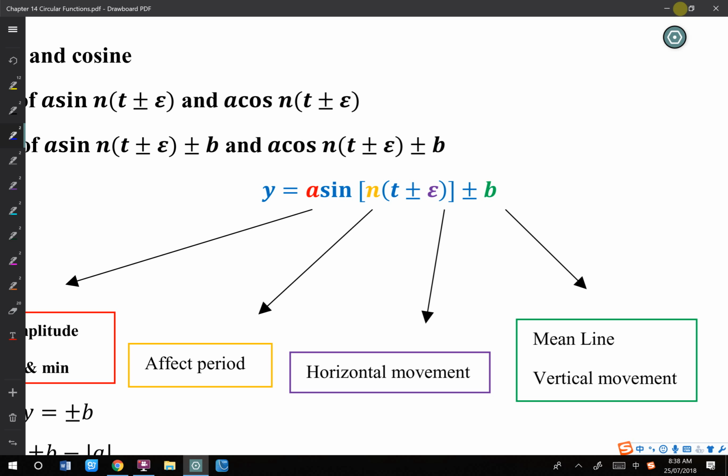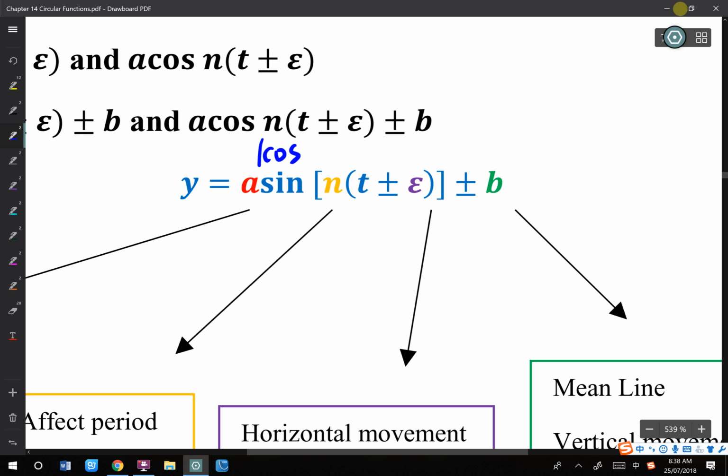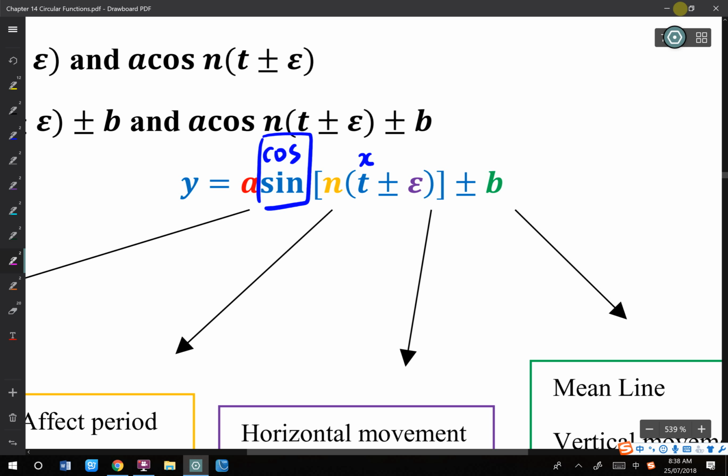So the complex form can be this. We can change sine to cosine as well, so they are the same thing. The t is the same as x. So what variables do we have? We can see first this a. So what a does is